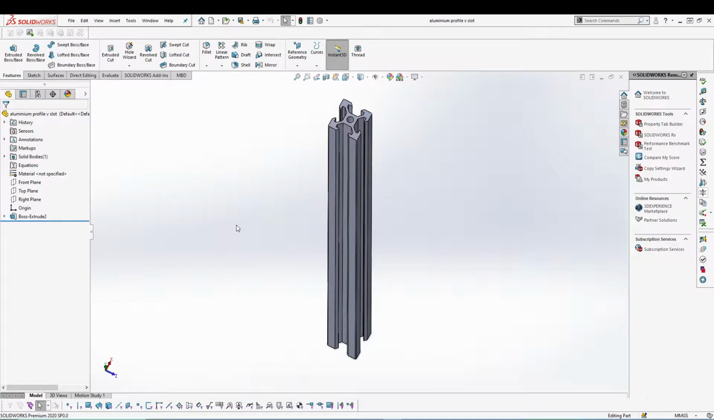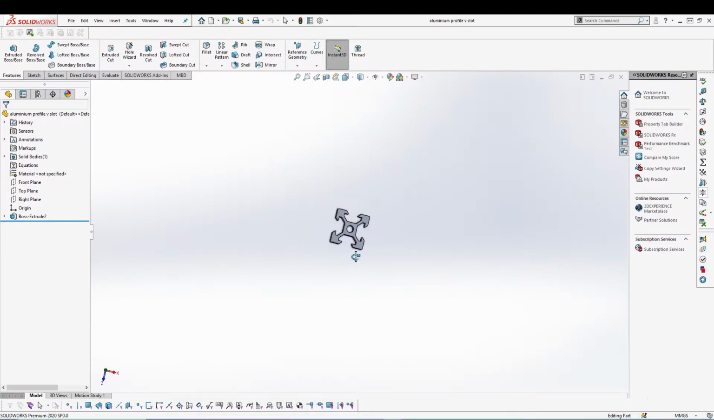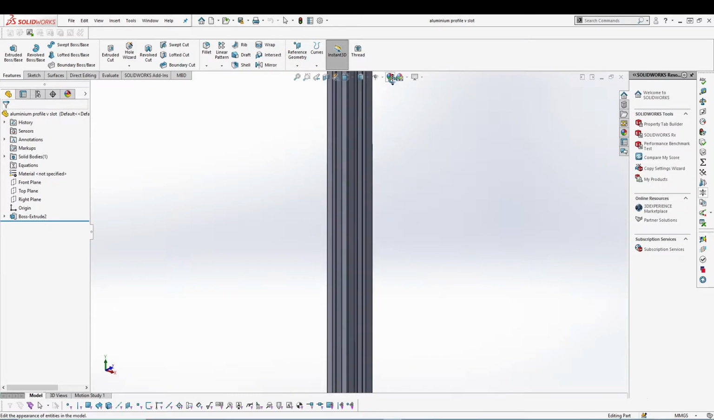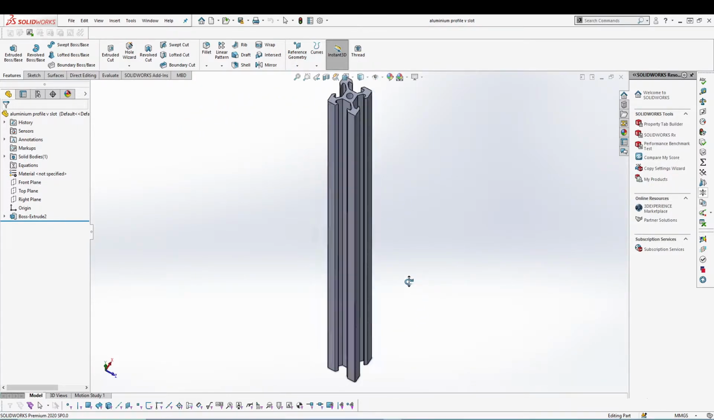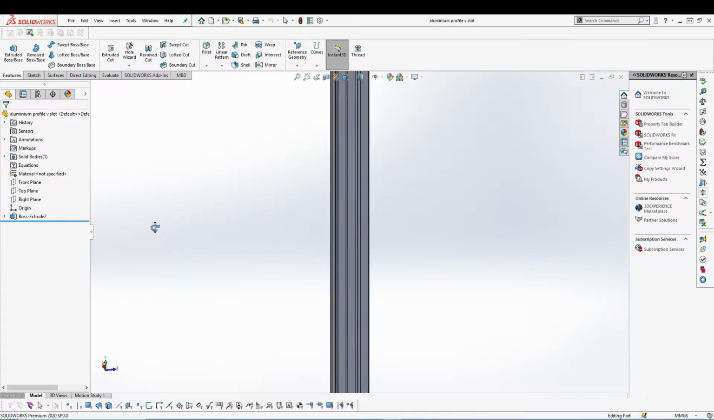Moving on with SOLIDWORKS drawing views. Today's tutorial I'm going to talk about the broken view. So as of now you can see that I have this simple profile, and it's a very large part,